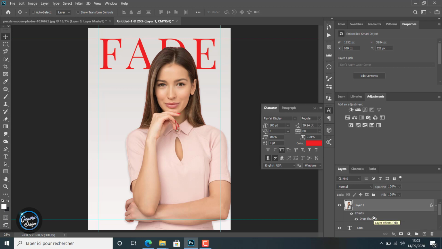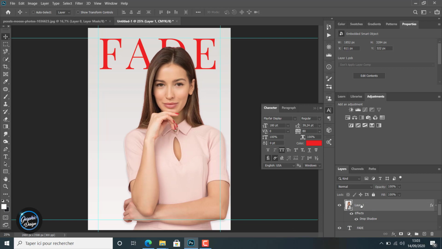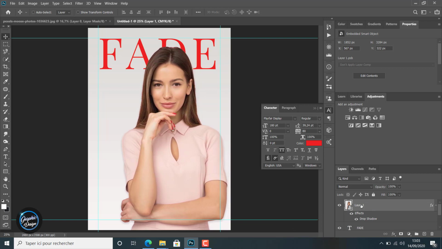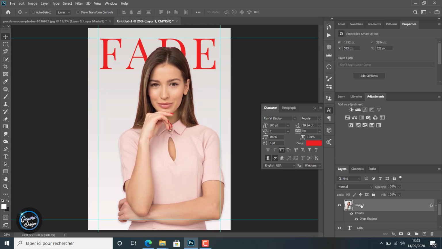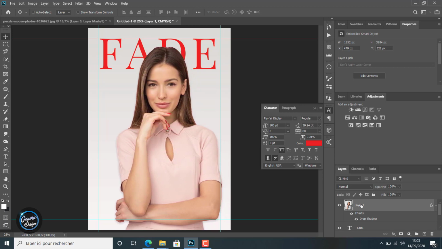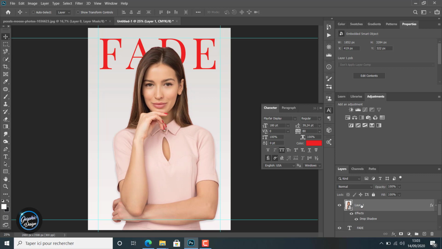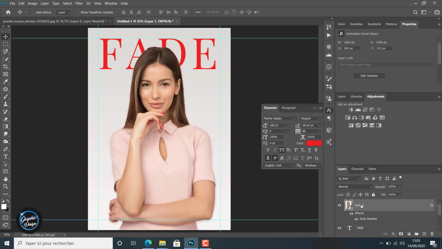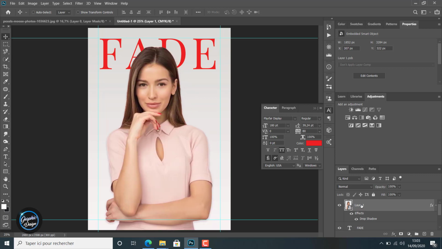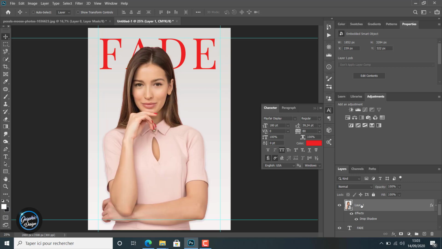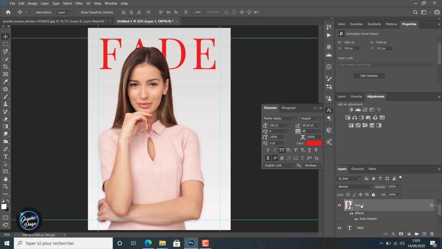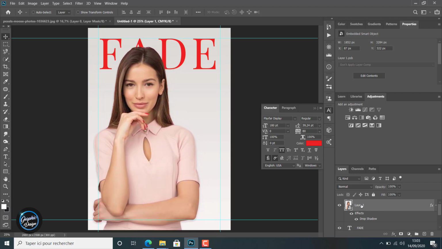Like you can see now, the girl image is the top layer, and just exactly under it we can find the text layer. So like you can see, the girl image hides the text layer, so we position it exactly in the center of our cover